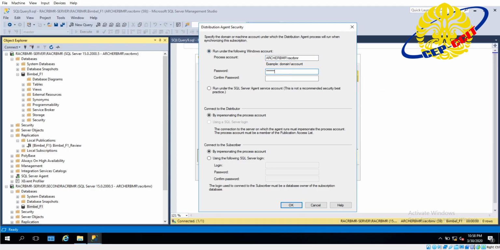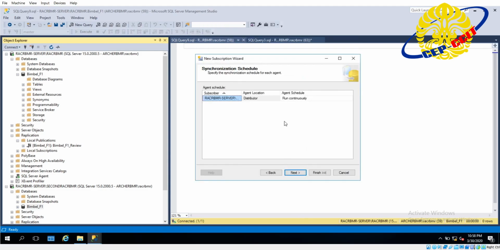Input the password. For connect to the subscribers, just choose by impersonating the process account. Next. Okay, just run continuously.